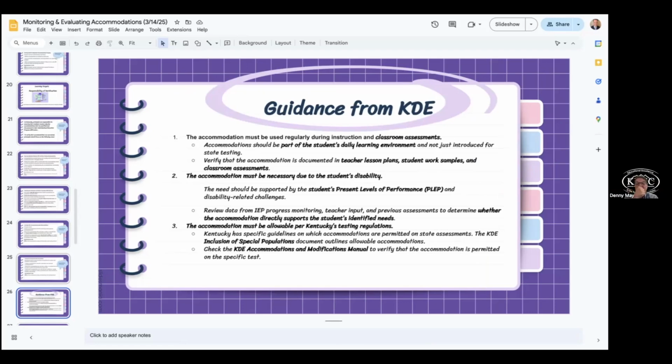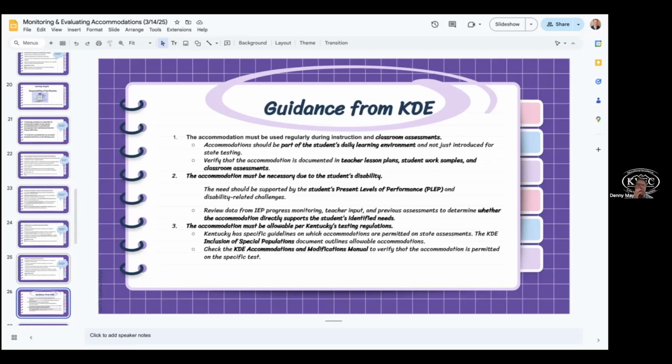The accommodation must be necessary due to the student's disability, and this should be supported by the student's present level of performance and disability-related challenges. This is a little bit dated because they use the acronym PLEP there, but we really talk about just present levels. What are their present levels of performance? Where are they currently functioning?